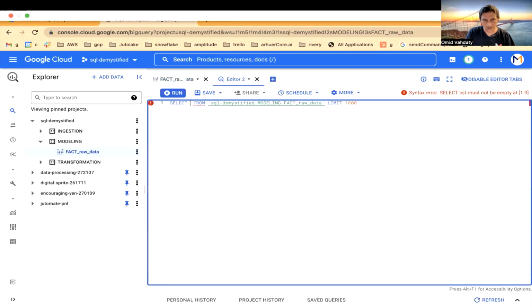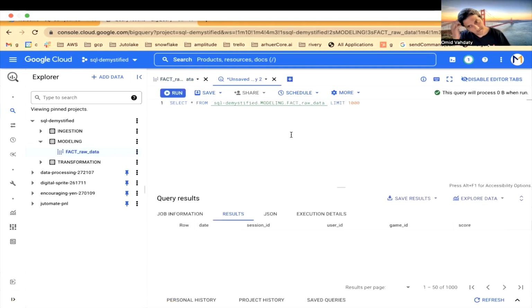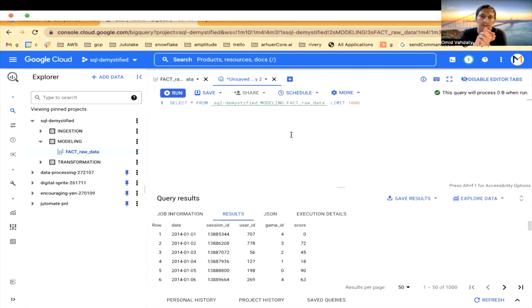Again, first 1,000 rows. So what you see here is data. You can scroll right on the next 50 page. Mind you, when you use the preview, which is this function, you're not paying for anything. Only when you query the data. We'll talk about the billing model in a second, but I want you to understand that